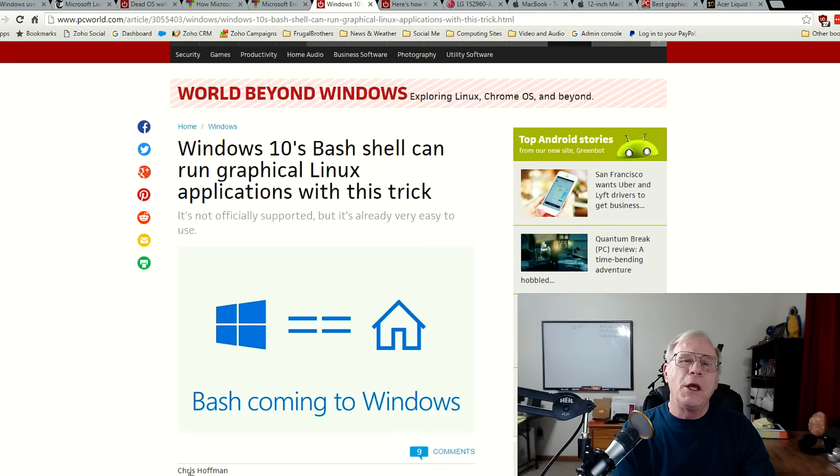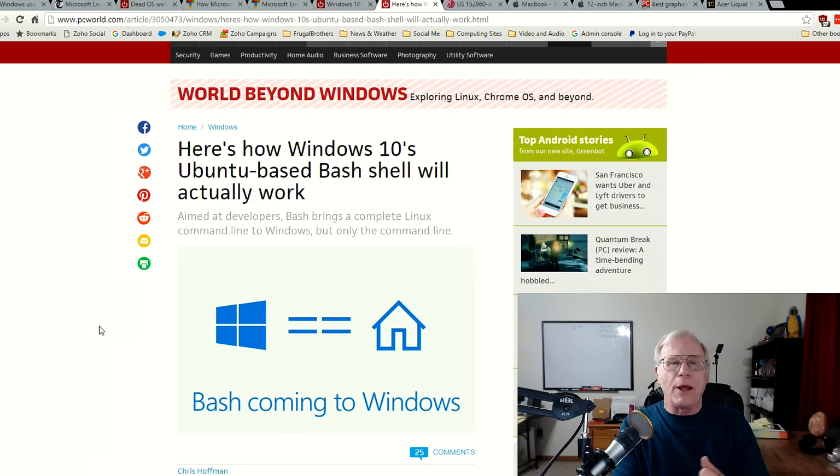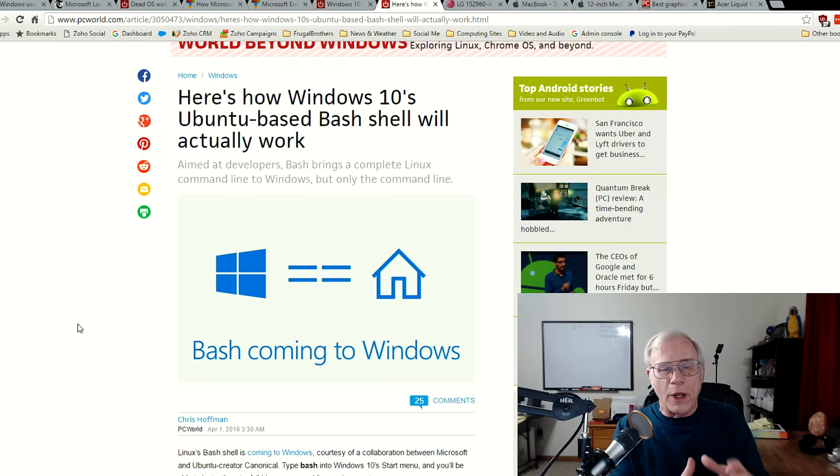All right. Right when hell freezes over. Okay, so essentially Microsoft's going to provide an application that will allow you to run the Bash shell. And I should actually back up here a second. Let's go to this story first. We're going to talk about the Bash shell. I'll put the link to this in the description of the show notes down here. Essentially, Bash is coming to Windows. Bash, I believe, stands for Born Again Shell, which is being developed in conjunction with Canonical, that makes Ubuntu, with Microsoft.